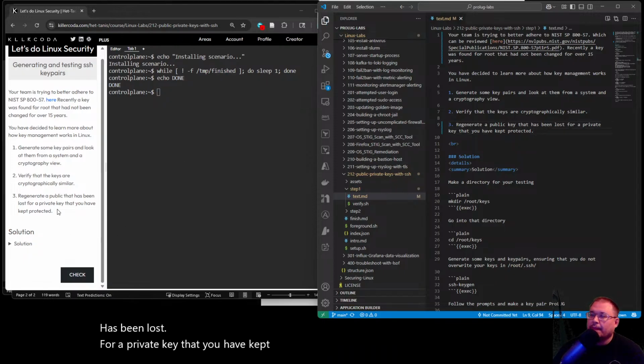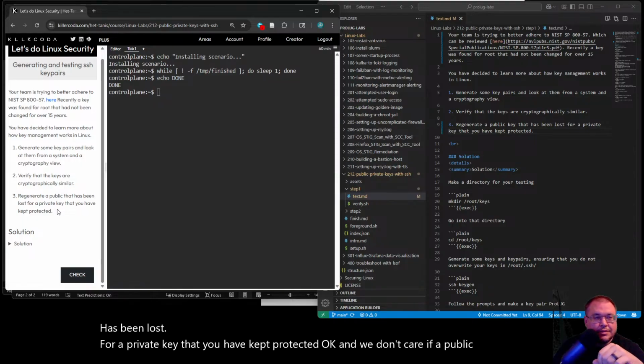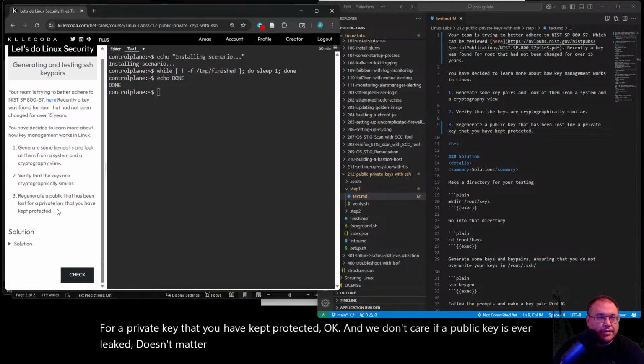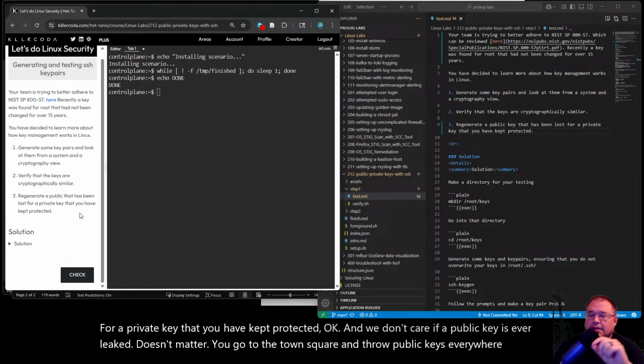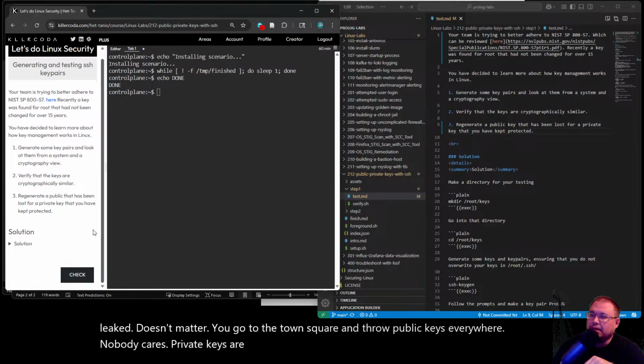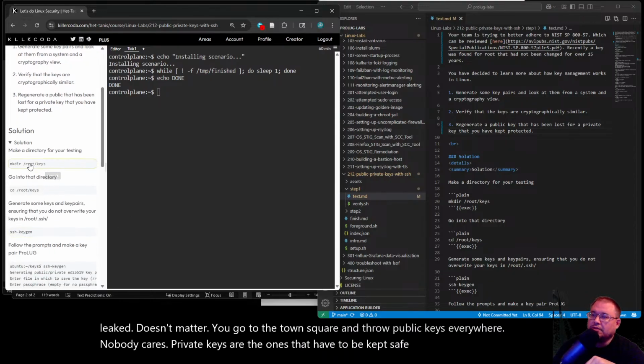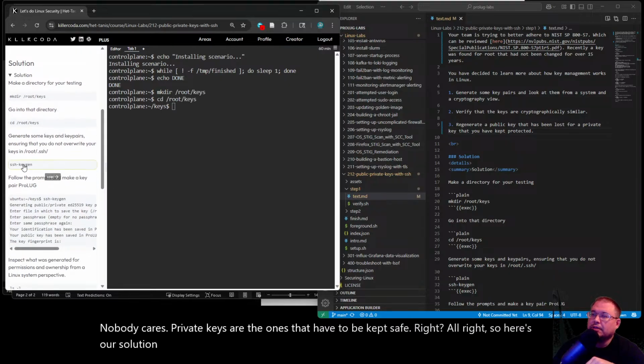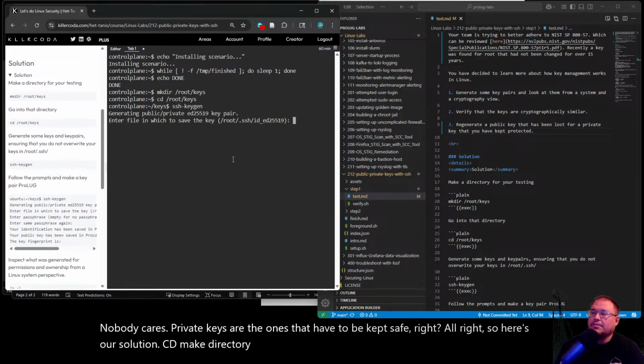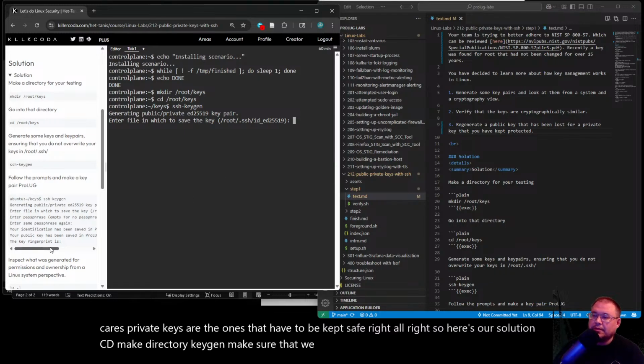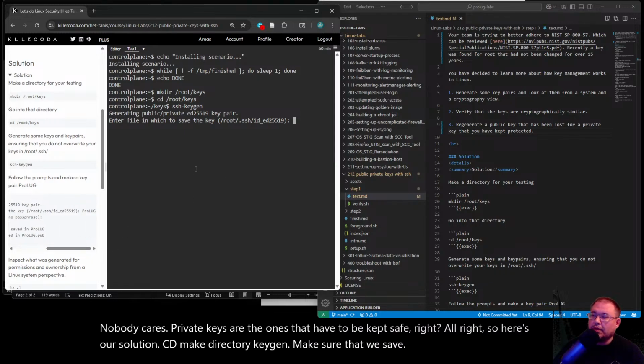And we don't care if a public key is ever leaked. It doesn't matter. You go to the town square and throw public keys everywhere. Nobody cares. Private keys are the ones that have to be kept safe, right? All right, so here's our solution. cd, make directory keygen. Make sure that we save this to Prolog.